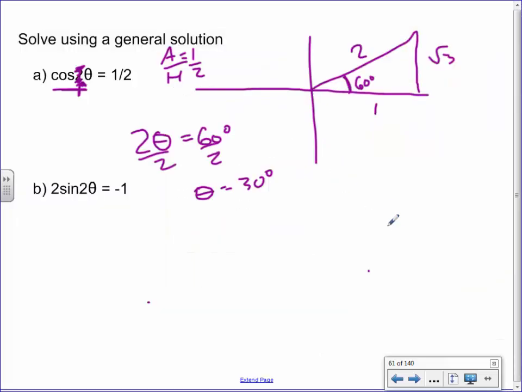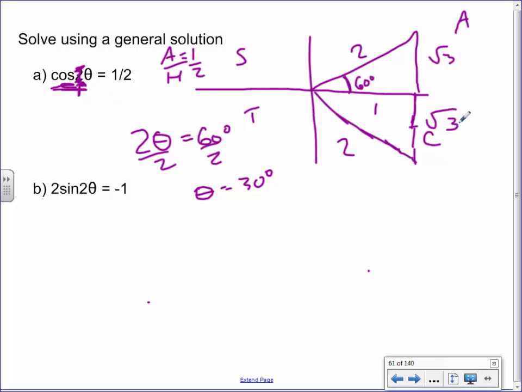There is another location where we could draw a triangle like this. According to the CAST rule, C-A-S-T, everybody's positive here, but cosine should have another positive value down in this quadrant here. This side's 1, that side is still 2. Okay, this side right here is -√3. Do I care that this side is -√3 though when we talk about cosine? Well, no, because this side is the opposite, and cosine only cares about